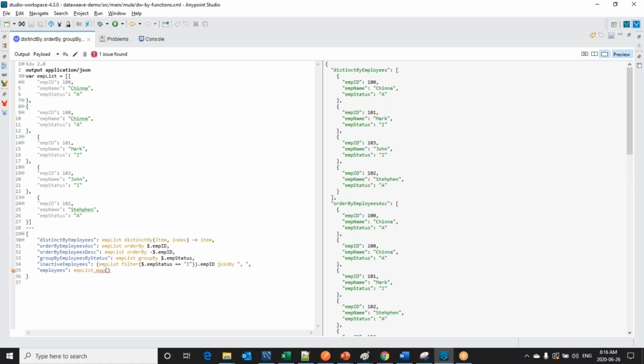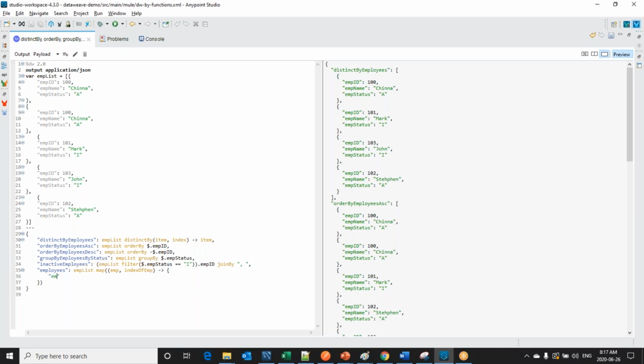Let me take it as emp comma index of emp, then lambda operator, enter.